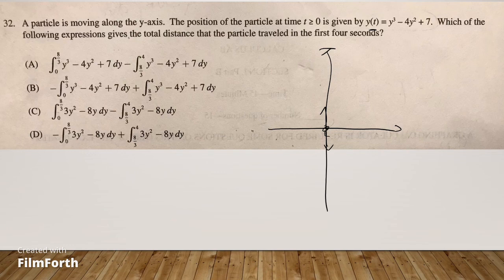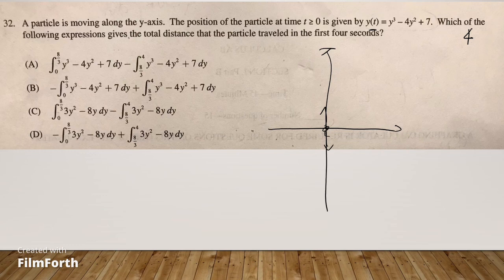Okay, so next, which of the following expressions gives the total distance that the particle traveled in the first 4 seconds? Every time, I've said many times, if they require us to evaluate the total distance in some period, we need to check during this period if this particle changed direction. It's very important. Every time you need to check it, because if during the period they give us the particle changed direction,